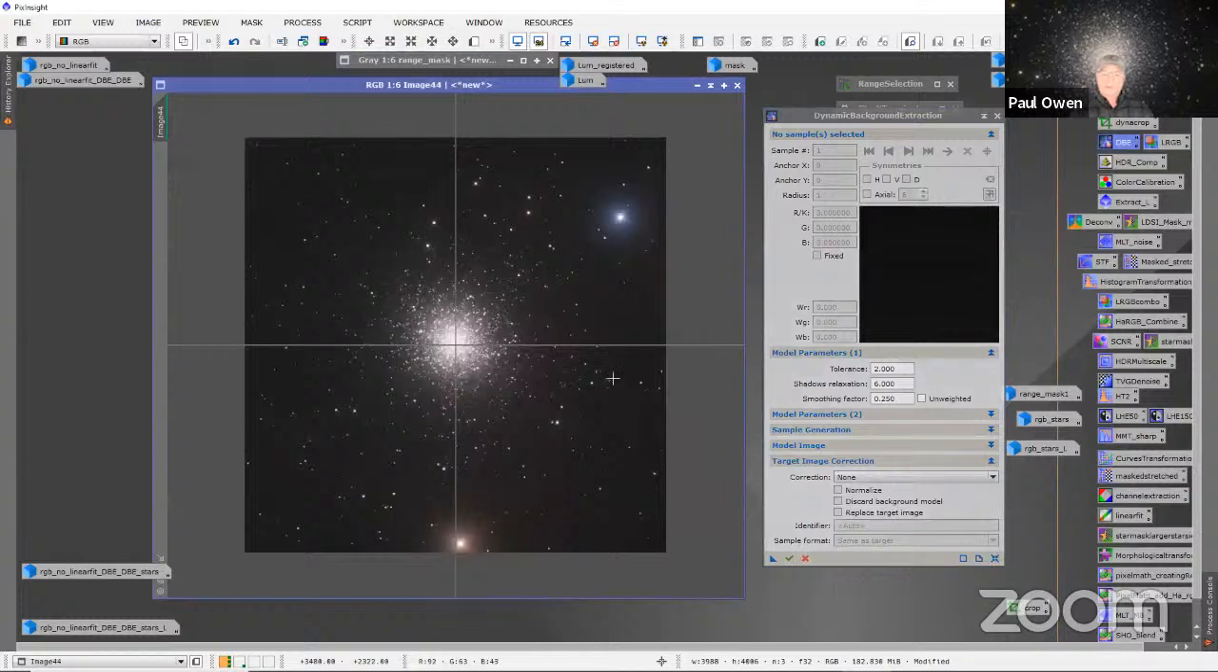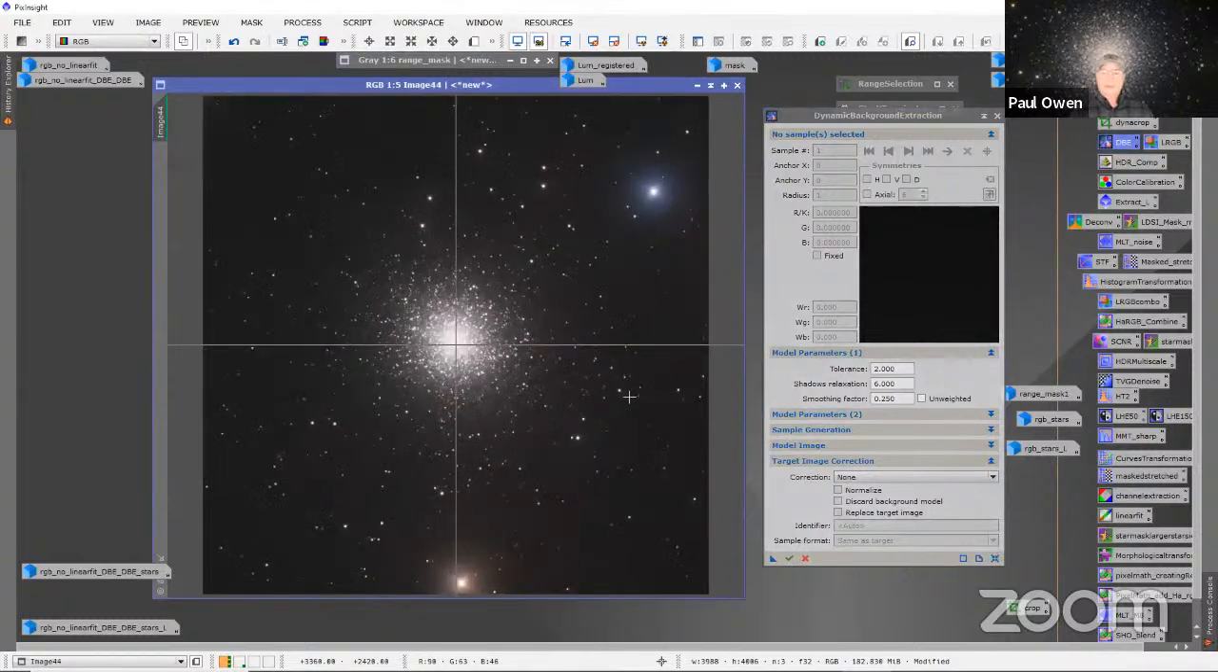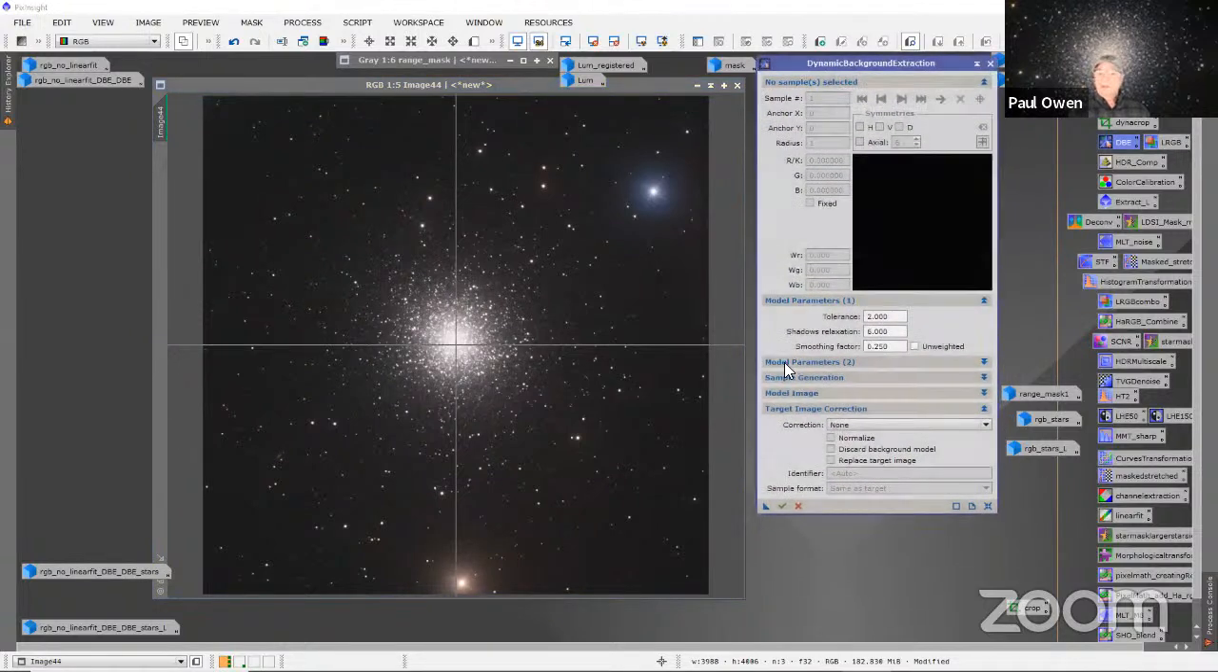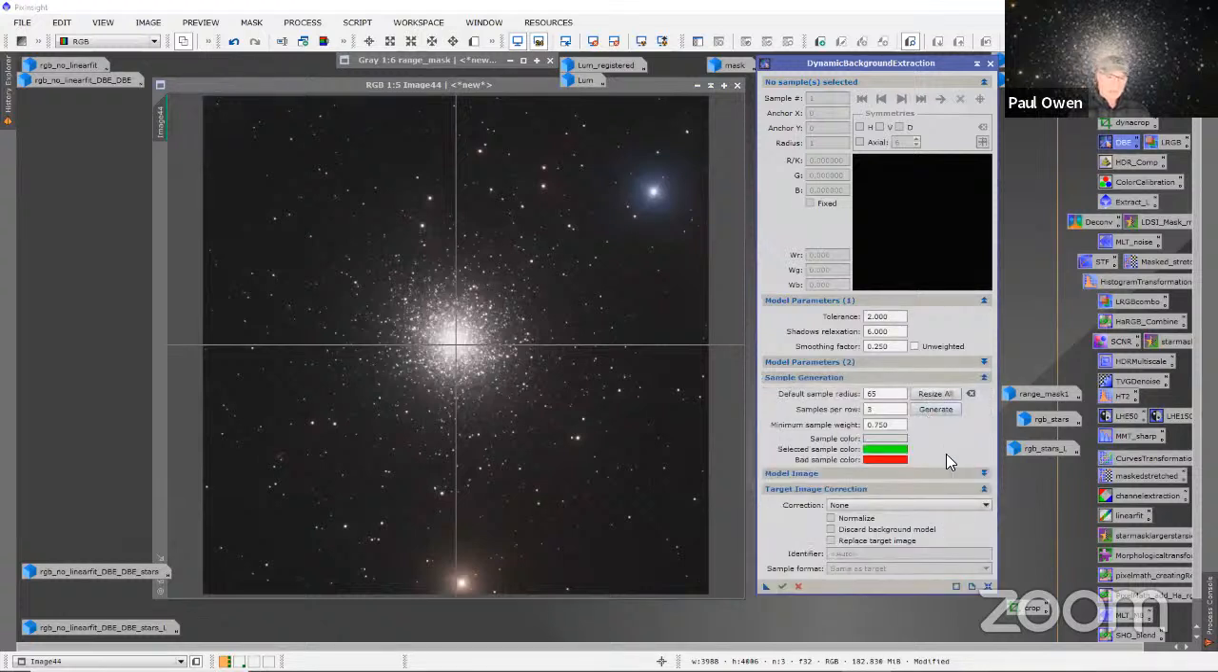And what this tool is designed to do is take away any kind of gradients that we would have. If there's some vignetting on there, any of these unequal areas in the background of our image, it's its job to take care of it. So as complicated as it looks, this is a really simple tool. We're going to go down to sample generation first,